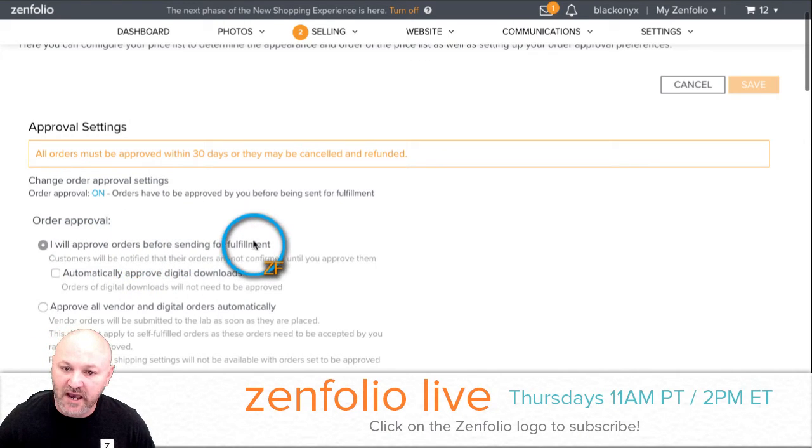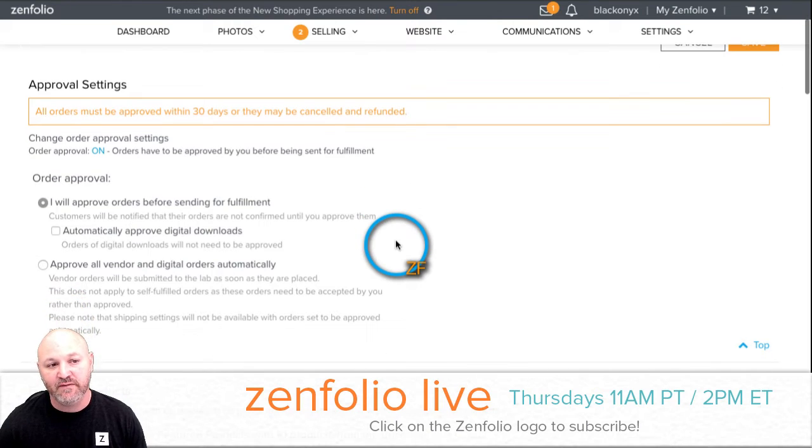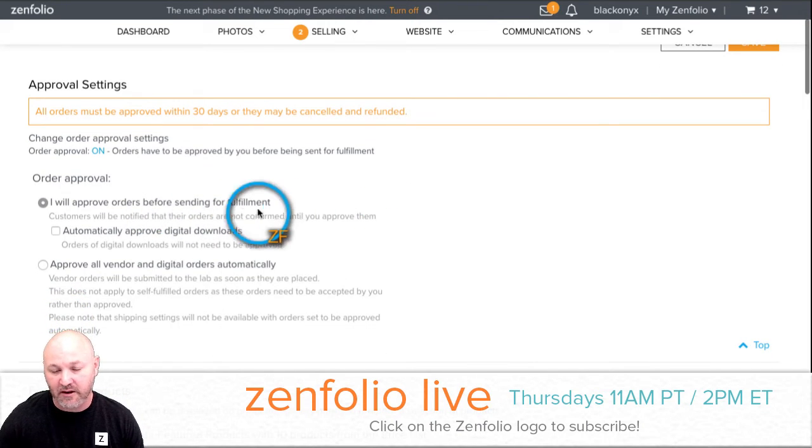Because as long as you have this turned on, that's going to allow your clients to purchase that product from you, even though the image file that you uploaded doesn't meet the resolution requirements. And it's going to give you a chance to change that file out to a larger file in order approval before it's actually sent to the lab. So that's definitely one of the things that I would make sure I had on there